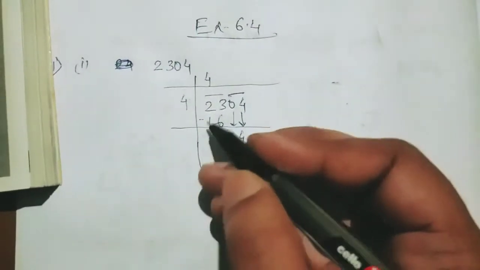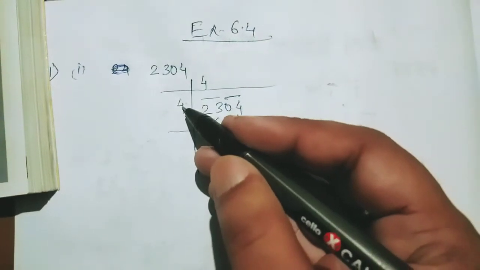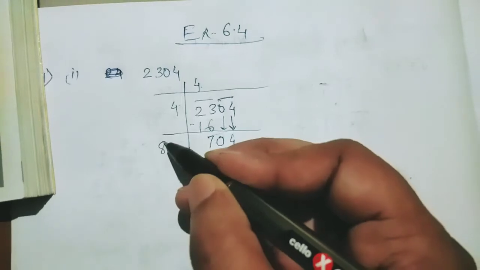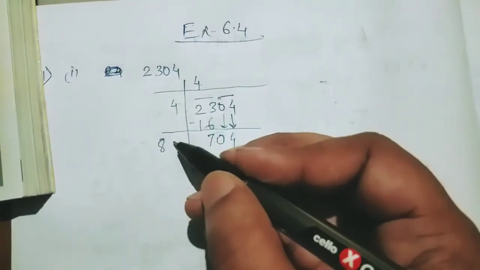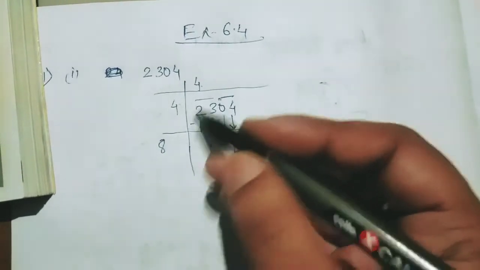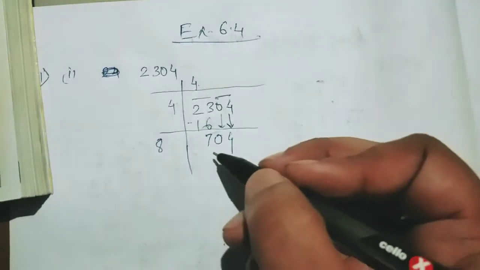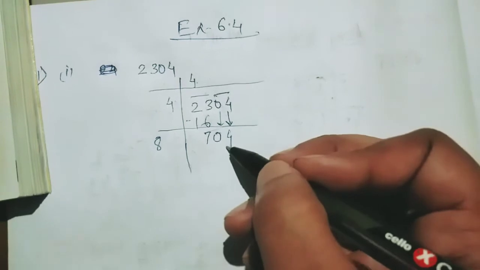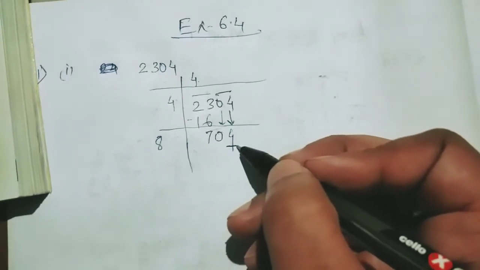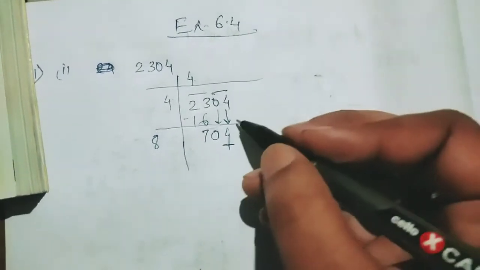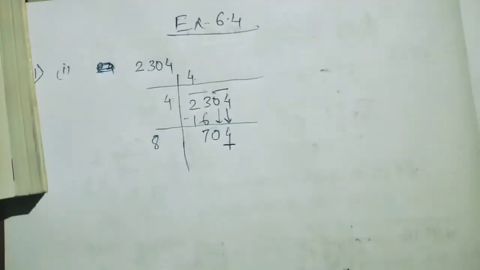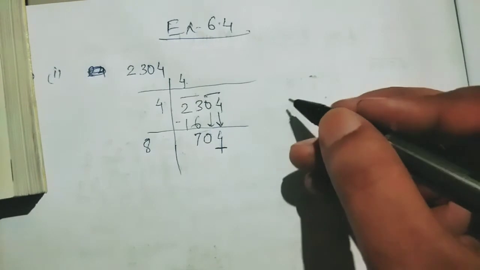Now what do we do, what is the next step? I told you that this number will be added to this number. So 4 plus 4 is 8. Now what number will we put here? You have to multiply with the same number so that it becomes 0. So I gave you one shortcut: see the unit digit. Only if you see the unit digit, you can get the answer. We don't have to try with many numbers.